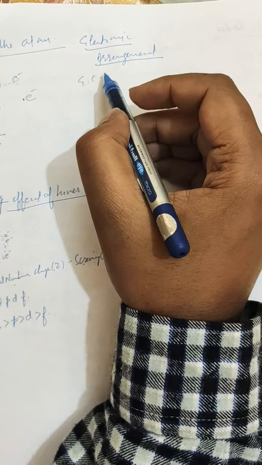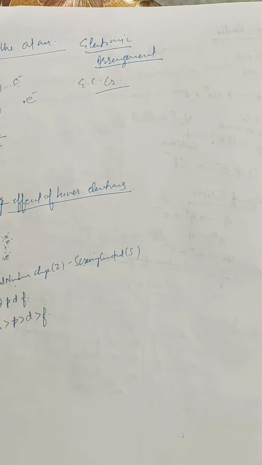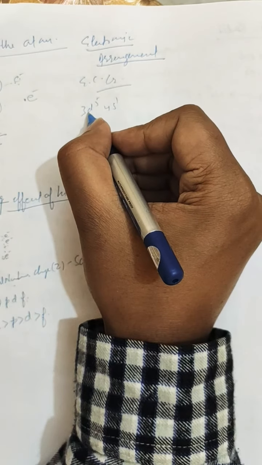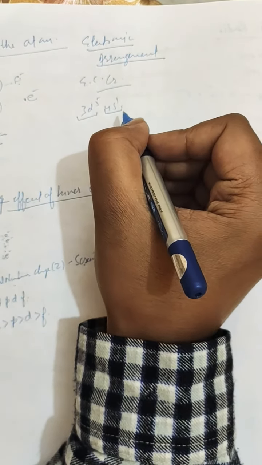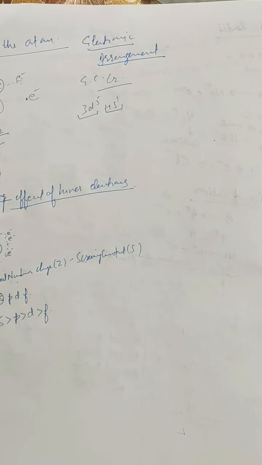You have seen this in the electronic configuration of chromium. It is exceptional. Why is it exceptional? It is exceptional because it is half-filled. Half-filled electronic configuration is more stable. So the outermost electronic configuration of chromium is 3d5 4s1 instead of 3d6. So both the orbitals are half-filled. It is difficult to remove an electron from this stable configuration and the ionization enthalpy is high. So this may be illustrated.